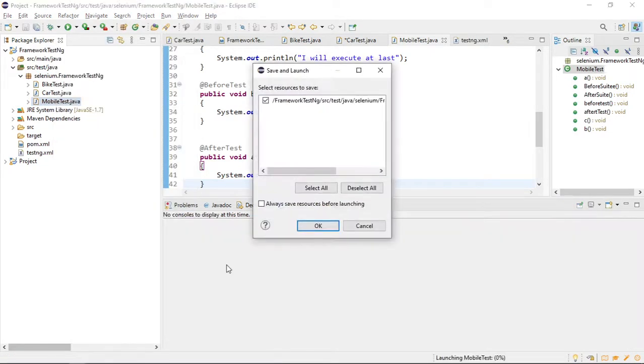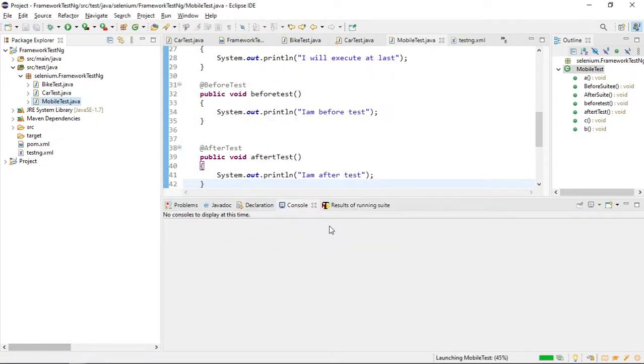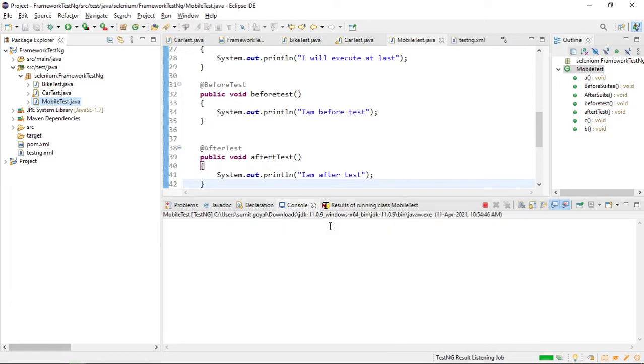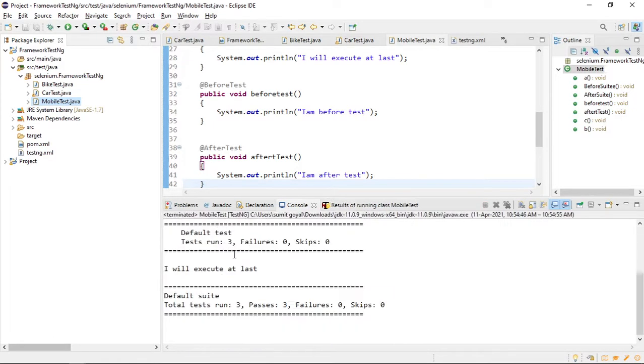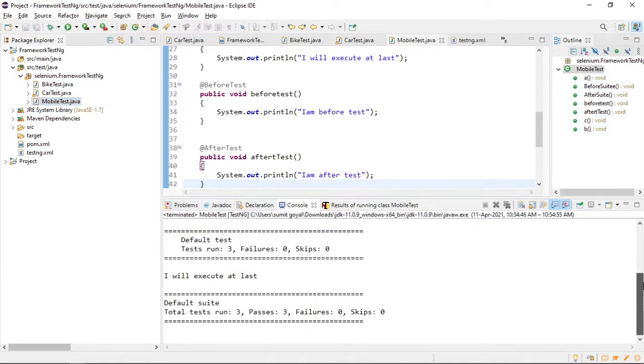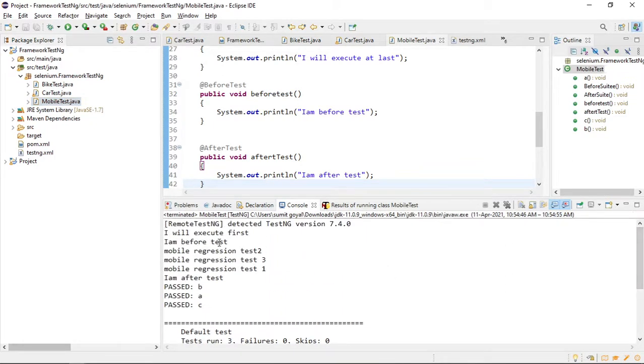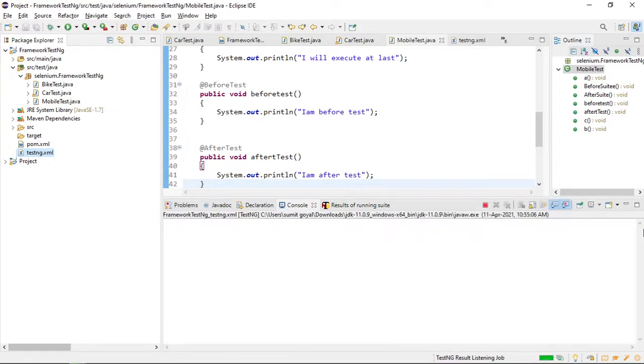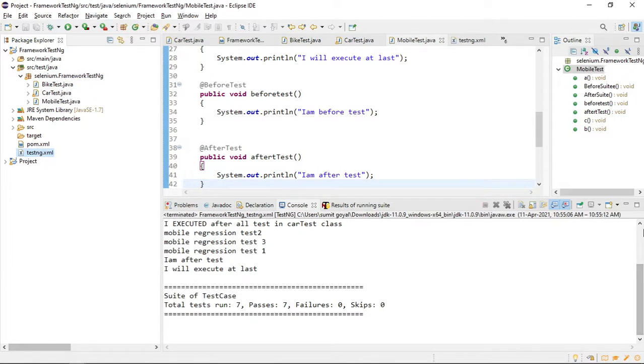So run as. Let me run it again. Okay, so again you see